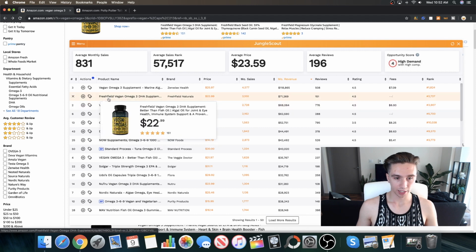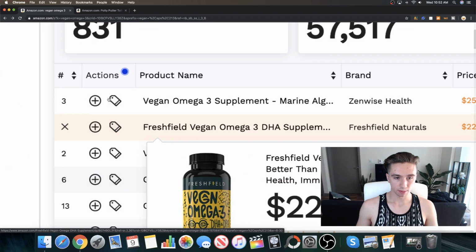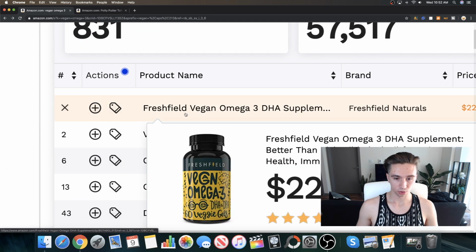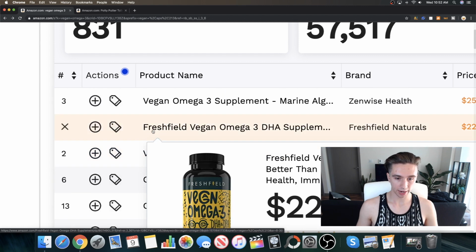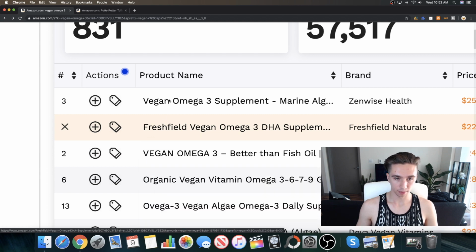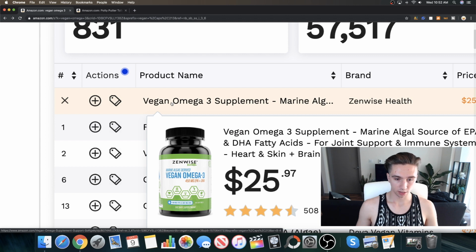So they have, like I said, the DHA and DPA right on there. If I were to scroll down here, you could see that. And then this one, not so great. It just says omega-3. It's kind of plain. Doesn't really speak to me. I actually really like this one. If I were to buy them again, I may go with this one just because of the design, and maybe try something else. And then that we've already discussed is good.